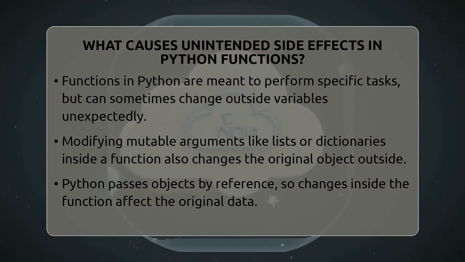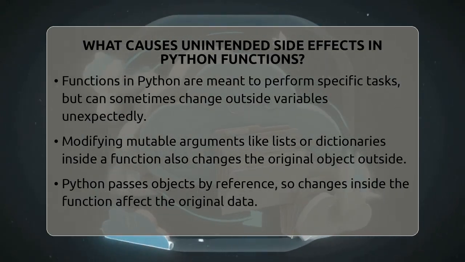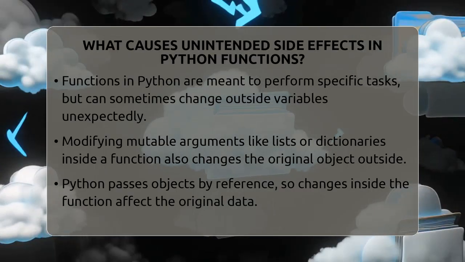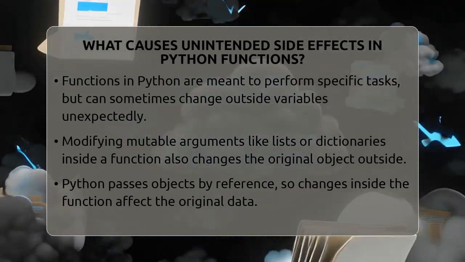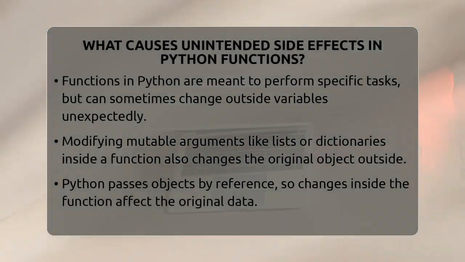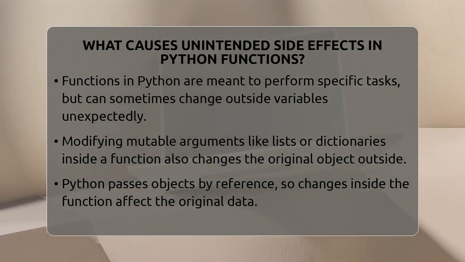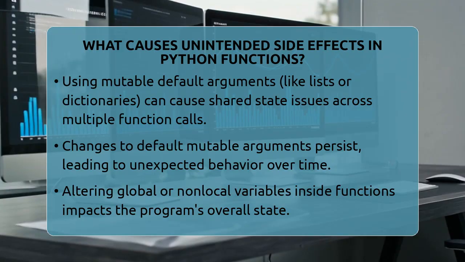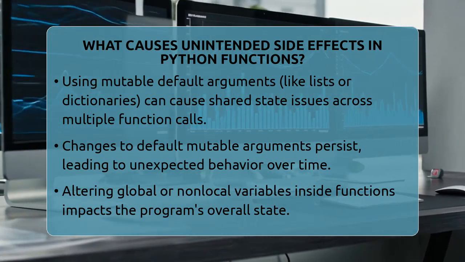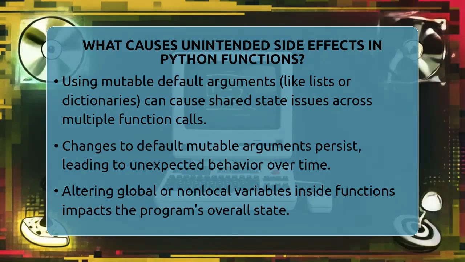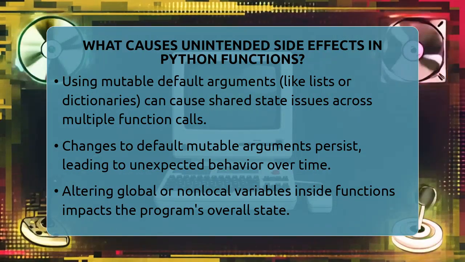One common cause is modifying mutable arguments. If you pass a list or a dictionary to a function and then change it inside the function, the original object outside the function also changes. This is because Python passes objects by reference, meaning both the function parameter and the original variable point to the same object in memory. So, if you add or remove items from a list inside the function, the list outside